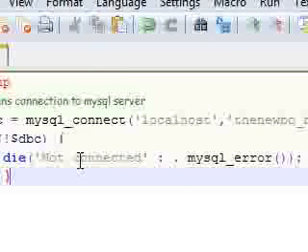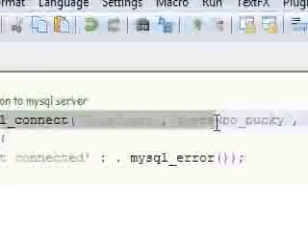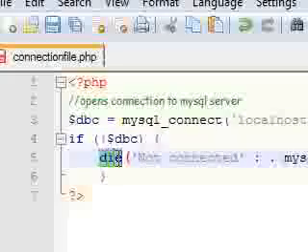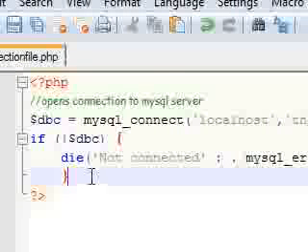And also add your ending semicolon. So right now we're saying, connect to MySQL. If it can't connect for some reason, then end the script, no use continuing, and tell us why it's not going to connect. So now we have a basic connection to our server, and in my next tutorial